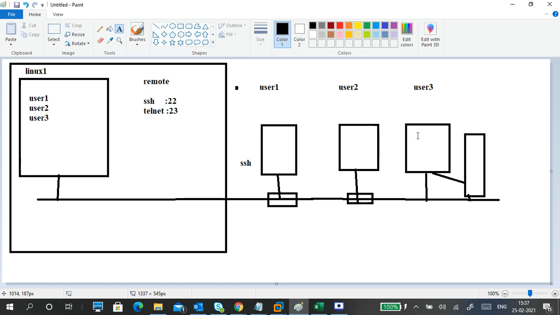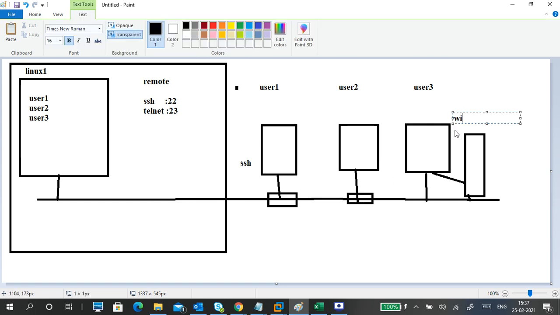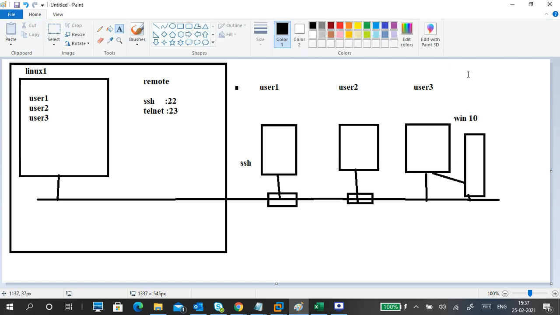For example, this is a Windows operating system and that is a Linux operating system. How to access it using SSH? We can connect to it. Again, SSH connection configuration and maintenance is a little bit difficult for normal users. So